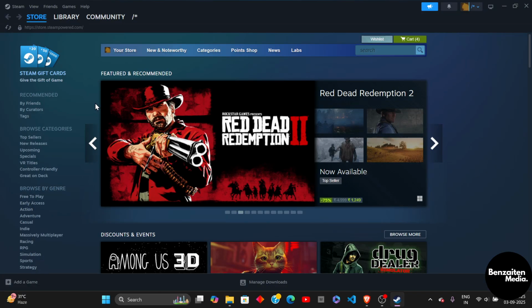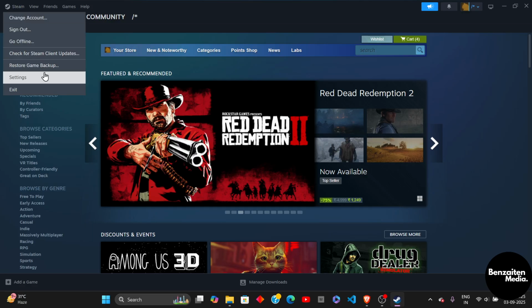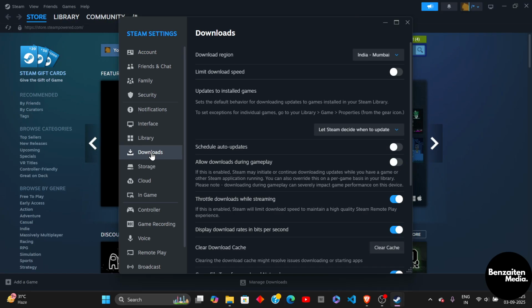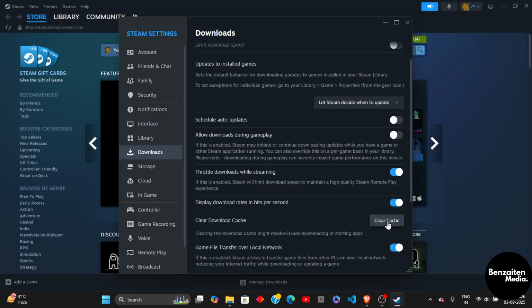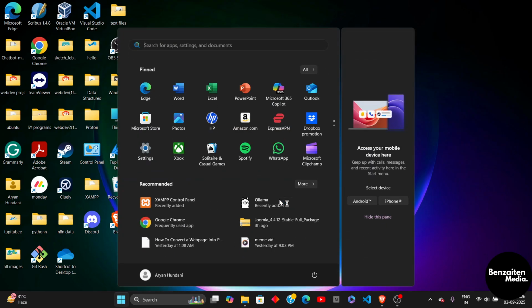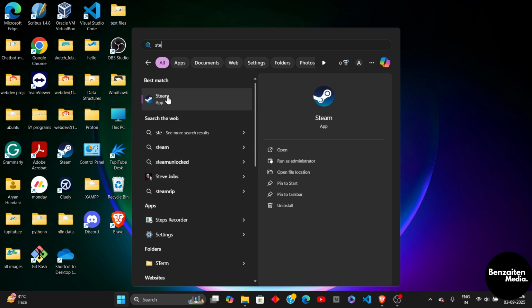And when you are inside the Steam application, on the left side, you need to click on Steam and then click on Settings. After clicking on Settings, you need to head over to the Download section. And from here, you need to click on Clear Cache and then click on Confirm. So this will clear all the cache from the Steam and this will just simply shut down the Steam application. So just simply reopen it,